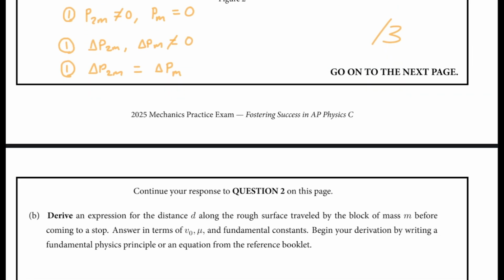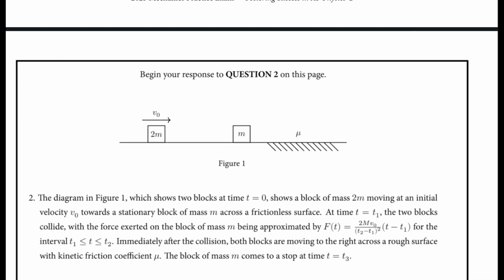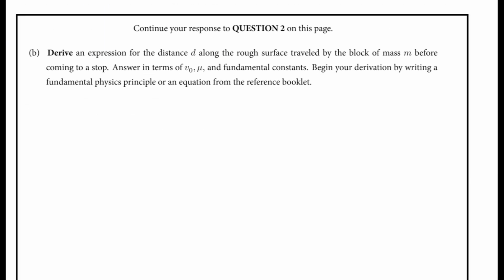Then derive an expression for the distance d traveled along the rough surface by the block of mass m before coming to a stop. So after they collide, we want to know how far this block travels. So this is a pretty straightforward kinematics question. So we know that as the block is on the surface with friction, so as it's on the part that actually has friction on it, we know that the force is acting on the block. It's a pretty standard